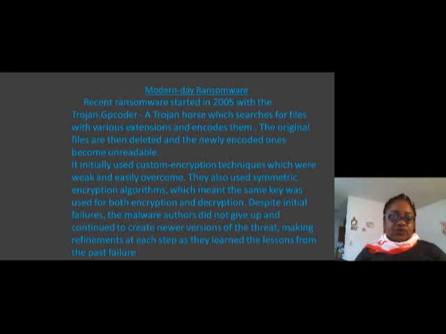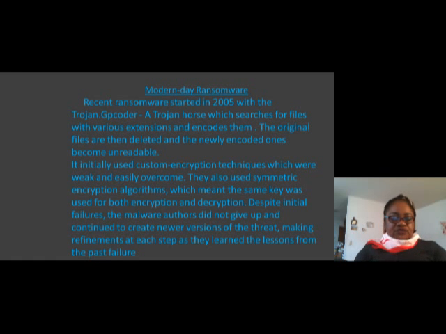Modern day ransomware. The recent ransomware started in 2005 with the Trojan GPCoder, a Trojan horse which searches for files with various extensions and encodes them. The original files are then deleted and the newly encoded ones become unreadable. It usually used custom encryption techniques which were weak and easy to overcome.